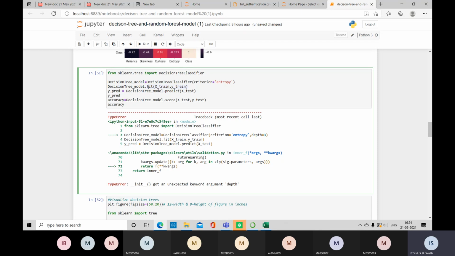So .fit will always ask to give some input. What is the input you are giving? Xtrain and ytrain. So the model is ready with the input also. Now we have to generate the outputs. How are we generating the output? The output is y_predict equal to, you are predicting. You can take any variable here, that is equal to decision tree model, whatever variable you have taken, and .predict will predict what the result should be, whether the result is class 0 or class 1. .predict(X_test).